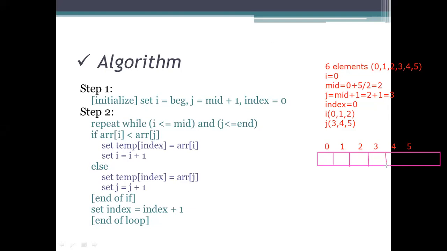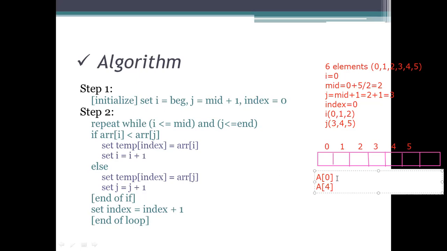If the I value we have chosen is less than the J value, then the value at I, which is A of 0, will be taken. Here it will take A of 0 value, I meaning 0. If not, it will take capital A of, what is the J value now? The J value is 4. It will store any one among those.